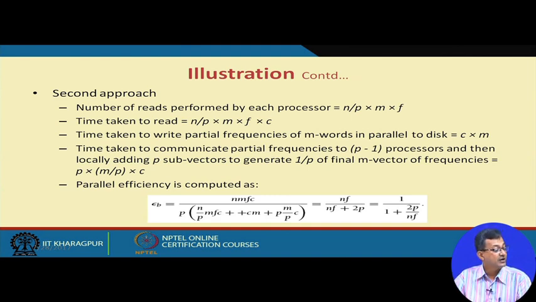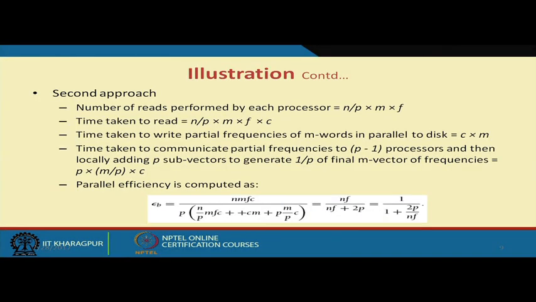We are taking time to communicate partial frequencies, because you do not have the whole frequency. So, partial frequencies by different processors and p minus 1 processors, and then locally adding p sub vectors to generate 1 by p of the final m vector frequencies, this one, right. So, individually you need to do it. So, if we add up all those things